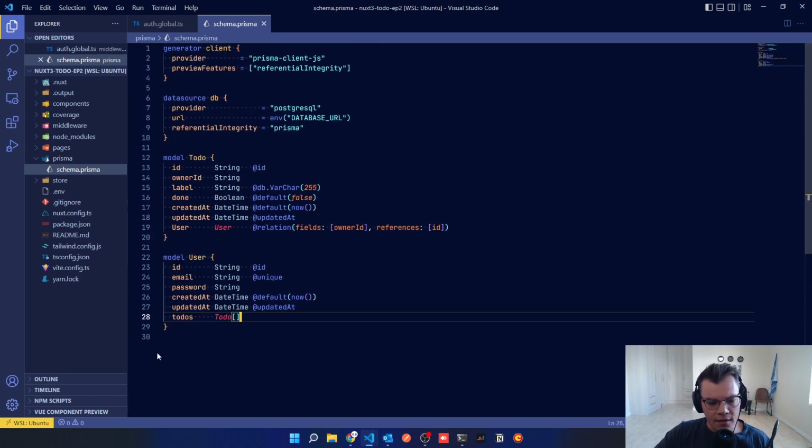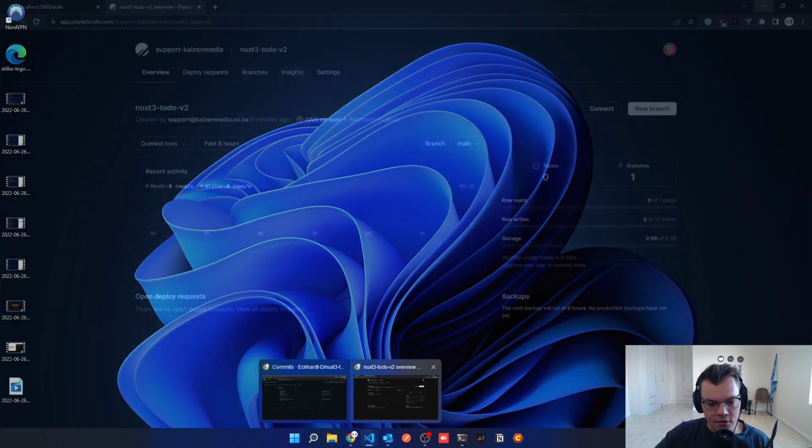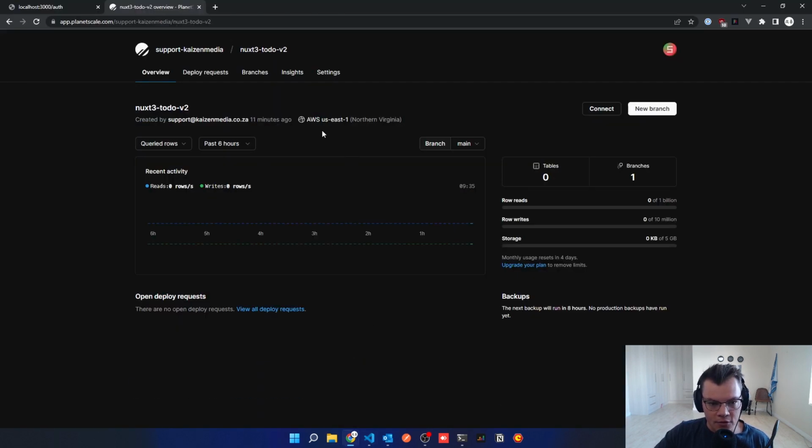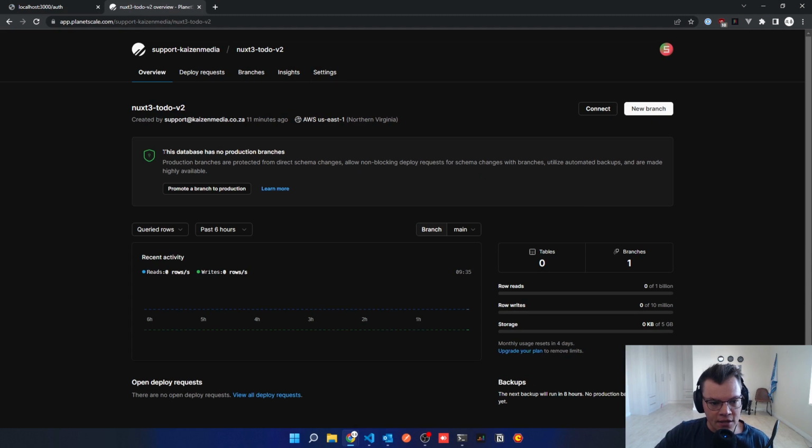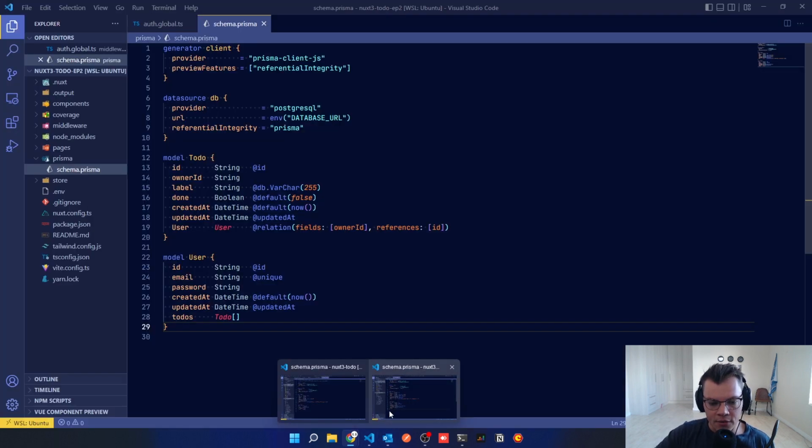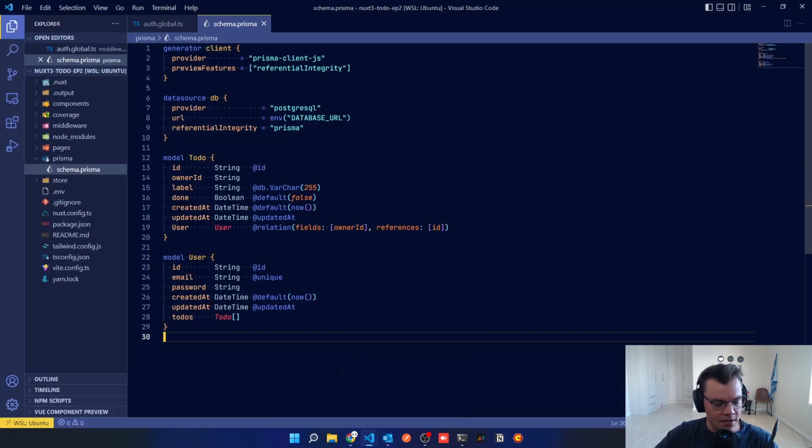So the way we send this to PlanetScale, basically, if you go to this one, you'll see that this database has no production branches, and that's fine because we want to first create our schema before we make this a production branch. So this is basically still in sort of test mode. But the way we can do this now is we can say,